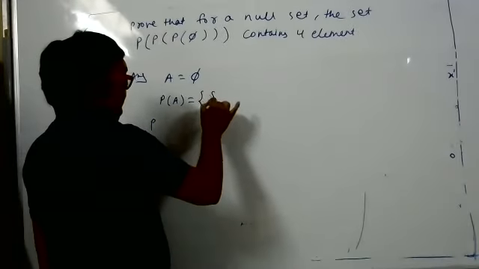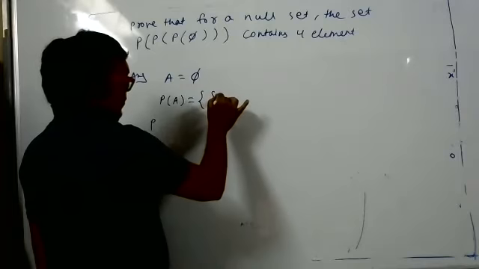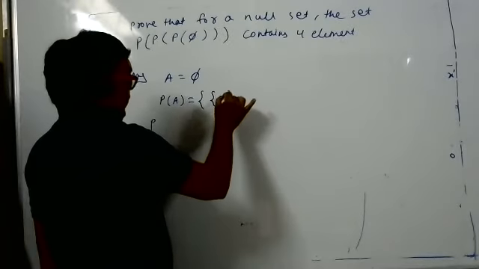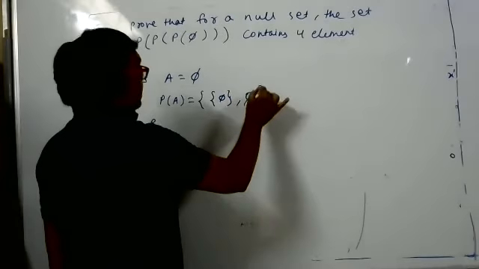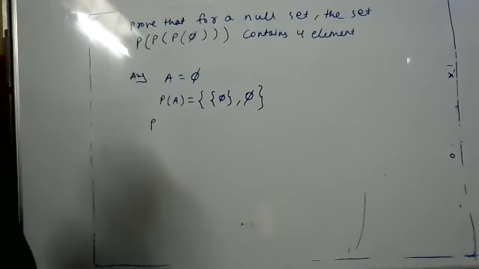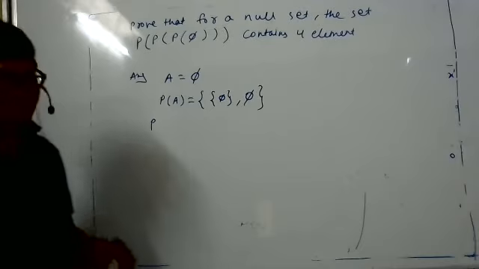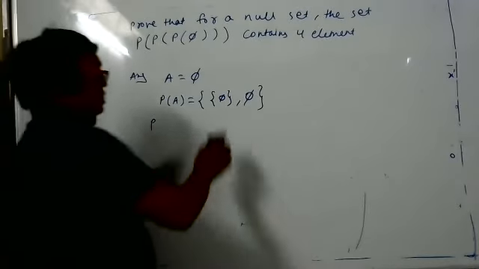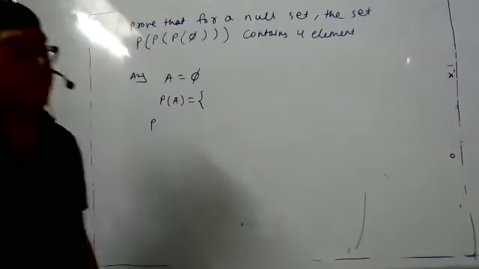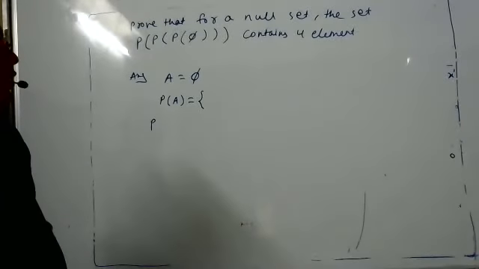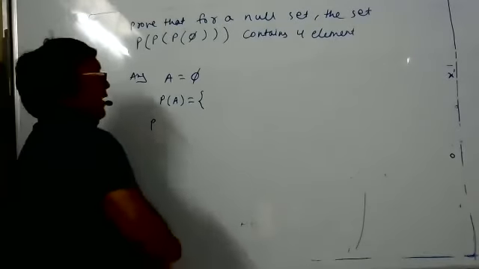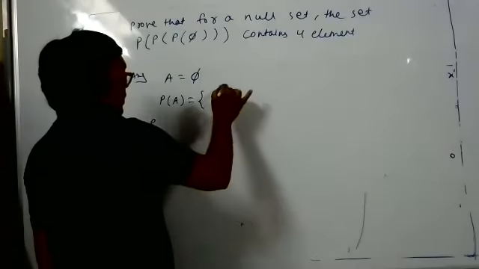We should write it this way. One boy was telling correctly. This is for the second power set. But for the first power set, it will be only one, null. For the first power set, only null will be included, because it has how many subsets? 2 to power 0, because it doesn't have any element. So this is correct. Sorry, this is correct.